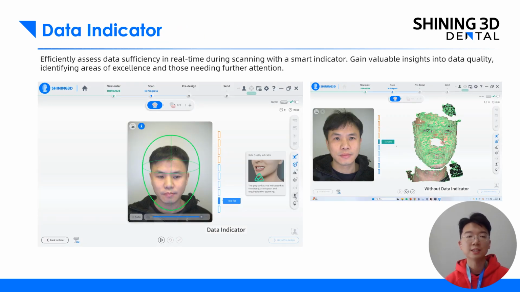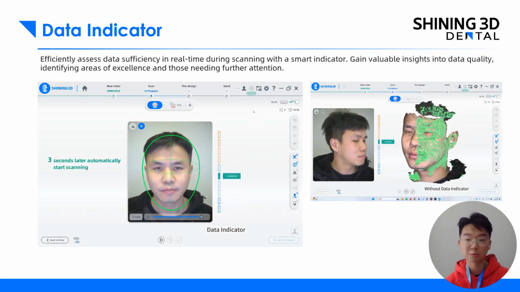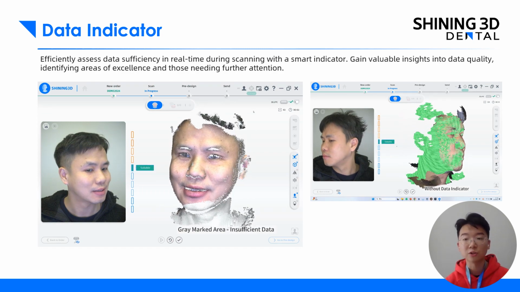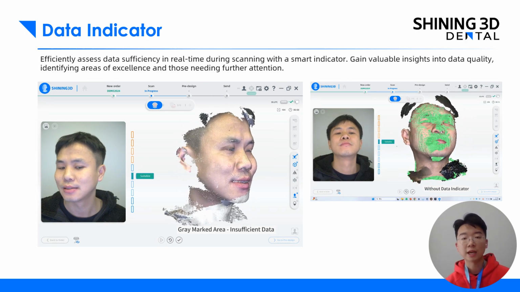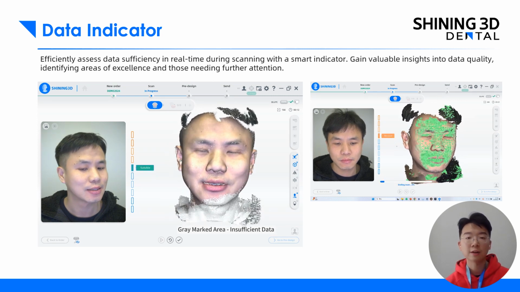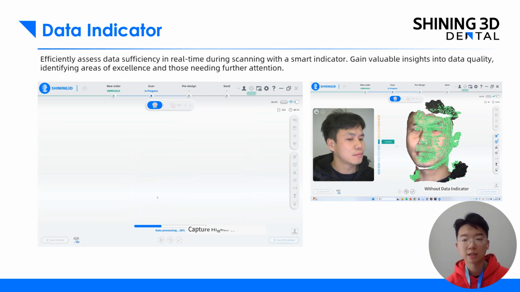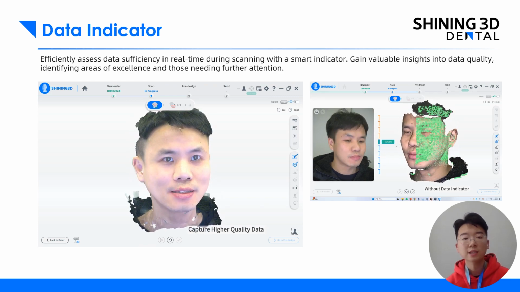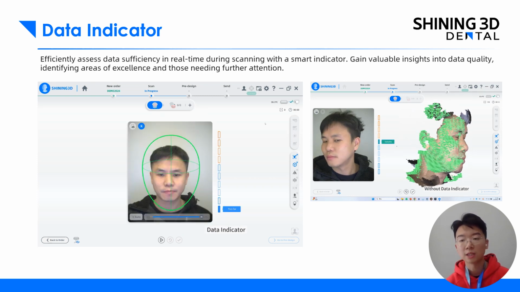The third updated scanning feature is data indicator. If you are a user of our intraoral scan software, then you will notice there is a similar function called data indicator in our intraoral scan software as well. During the scan process, all the data you scanned will be captured by the camera and shown on our interface. For those areas that are not complete in data volume, it will show in gray area. So you can add scanning to these gray areas if you want all the data you need